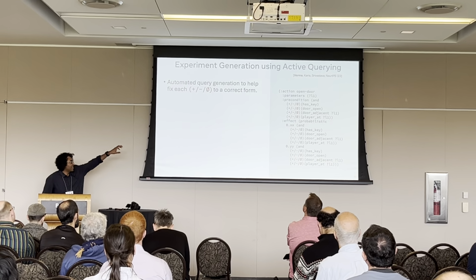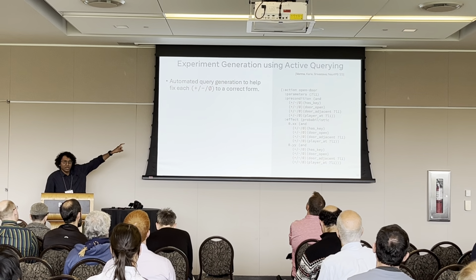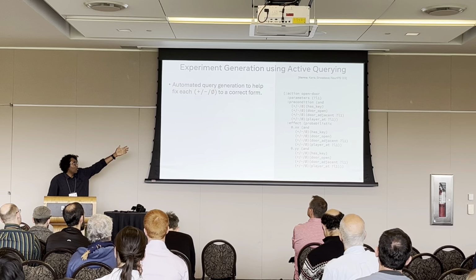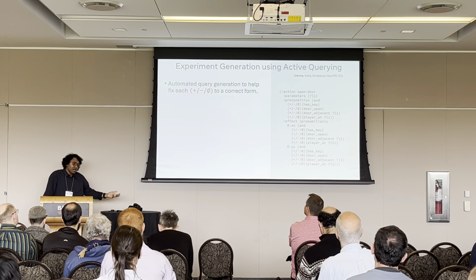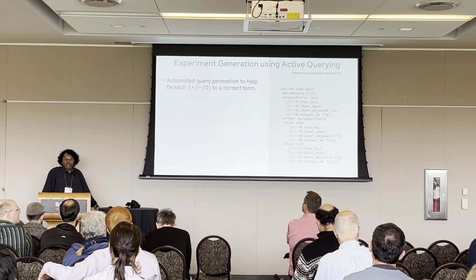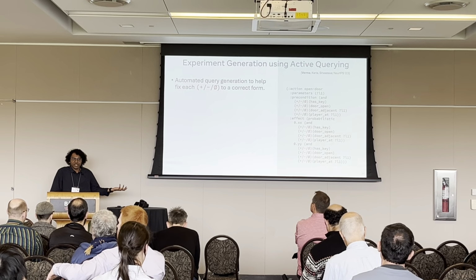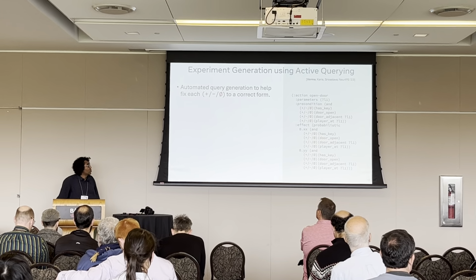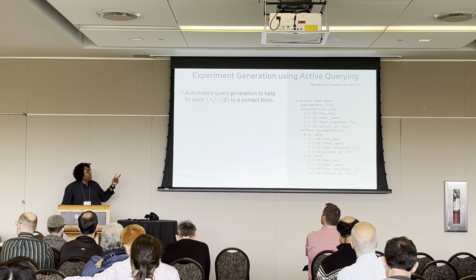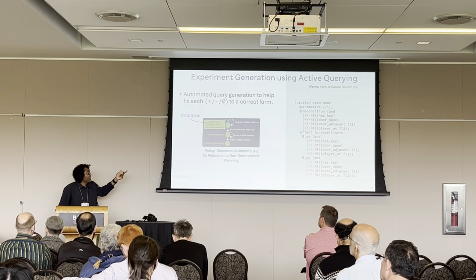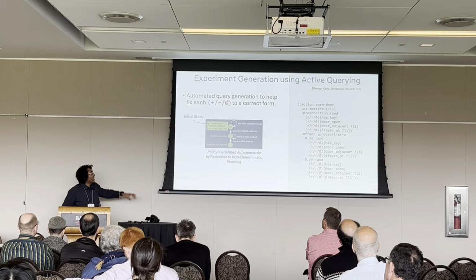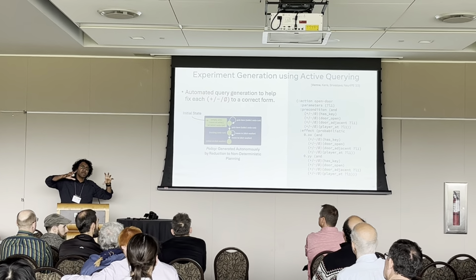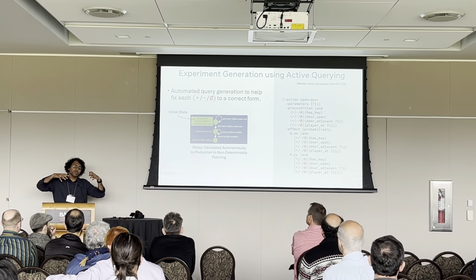So basically, if I represent a probabilistic PDL model like this, for example, we have an open door action, and we want to identify if hash key is a positive precondition, a negative precondition, or not even present in the condition. Using the algorithm from that paper, we can generate an automated query that is something like: I give you an initial state, and what would happen if you try to execute this